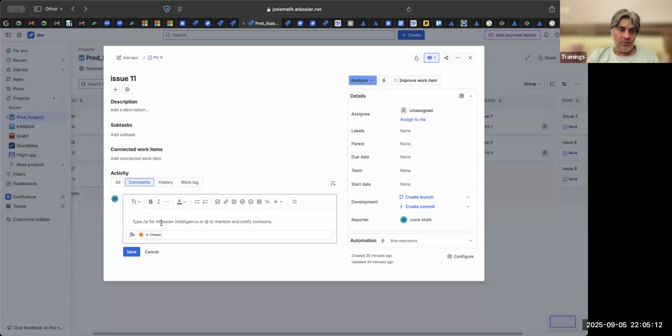So the dev will say this feature is not there currently in my code. The PO will say, okay, I will create a new story for this, and we'll close this ticket, because this is not a code change, it's a new enhancement, and that story will be taken up based on the priority or some other things.